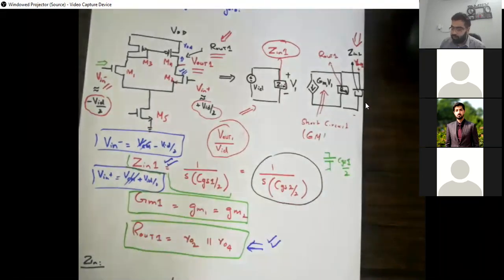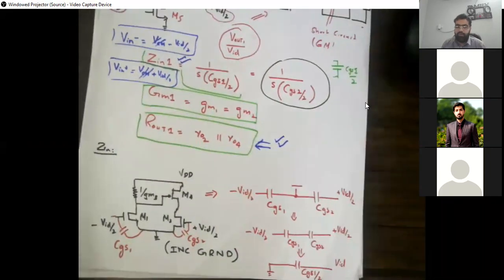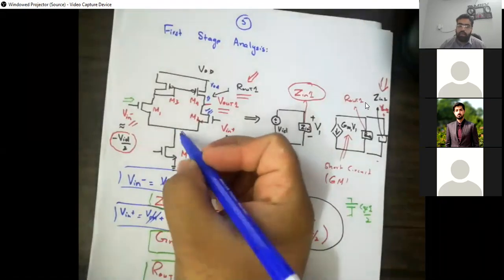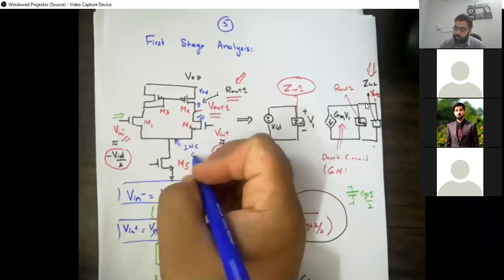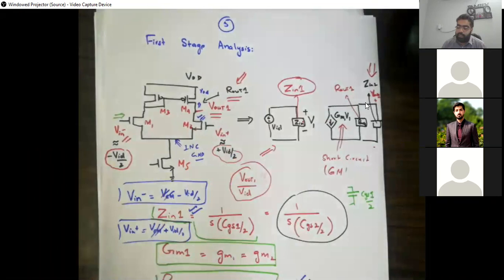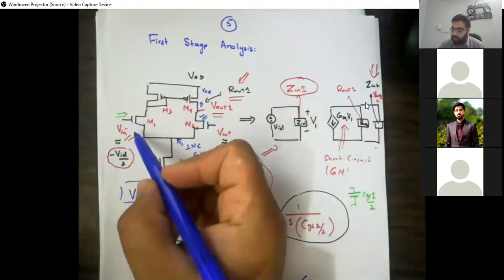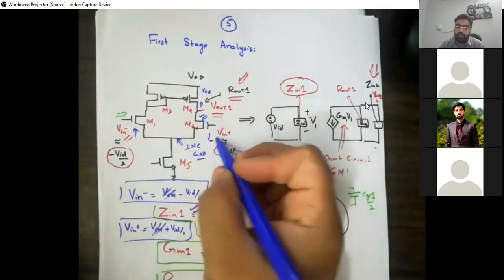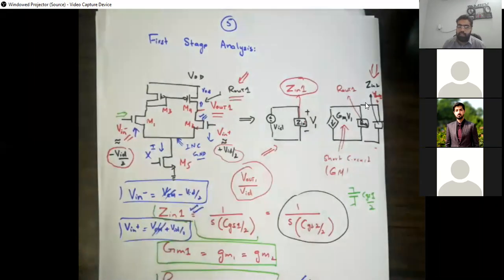Z in 1 को derive कर लेते हैं कि Z in 1 क्या हो. So if we do the circuit for the Z in 1 configuration, and again, as we mentioned, we are only talking about the differential signal. So this node, जो हमारे पास ये वाला point था, we can sufficiently take as an incremental ground. ठीक है? It's not a real ground, but we can take an incremental ground since no current is going to flow here. It's a differential signal. जितना यहाँ से ज़्यादा होगा, same values going less here. So no current is going to flow here. कोई current नहीं जाएगा, तो we can safely say this is an incremental ground for us.